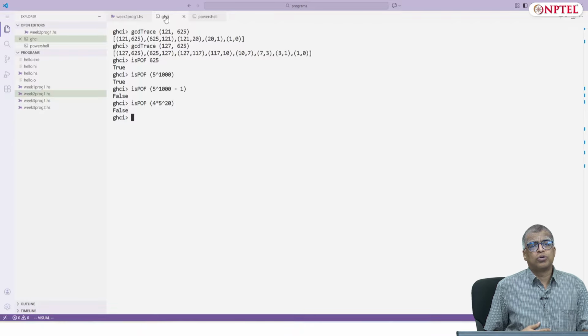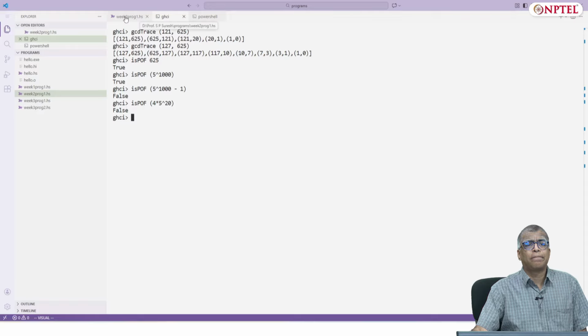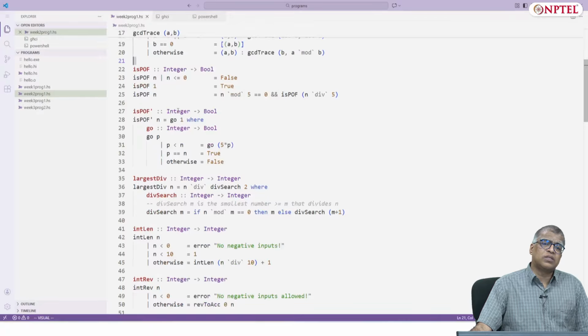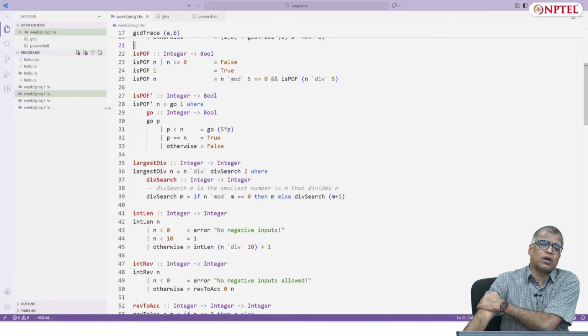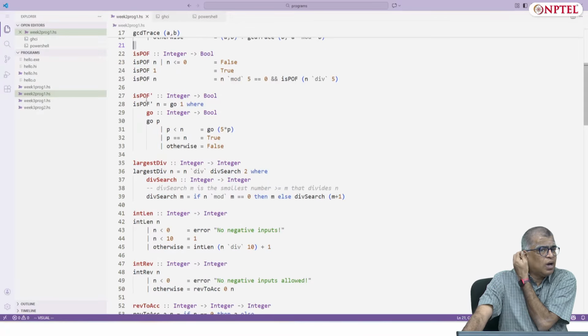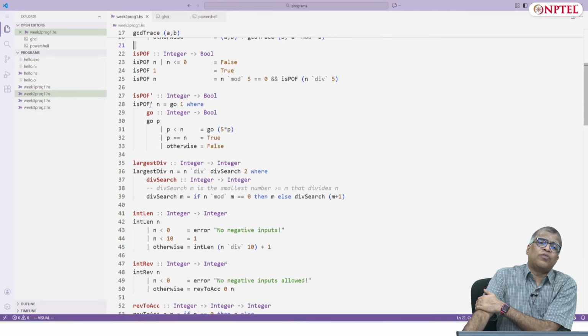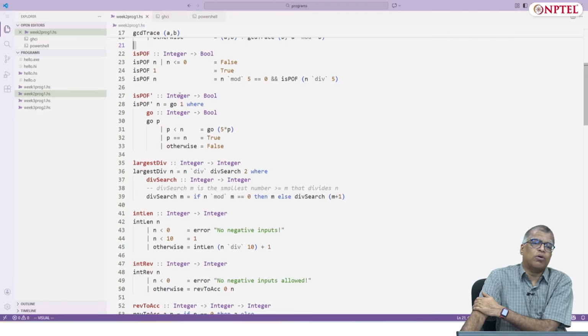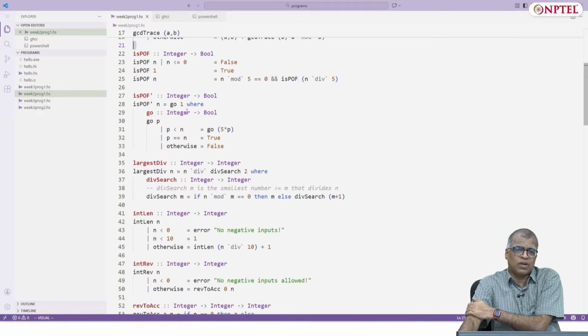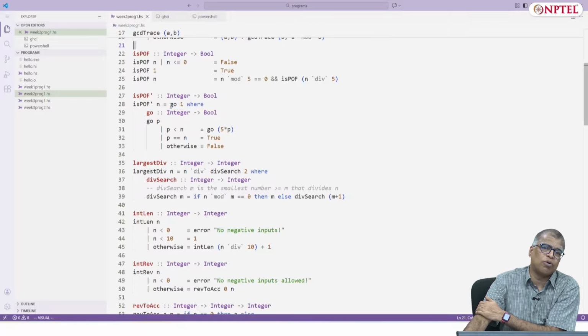Okay, so fine. So this is about power of 5, and here you see that this is the alternative version where we are checking whether here we define a function. Typically when you want to define a local function whose name you don't care about much and which is not visible outside this local scope, you just call it go. Okay, that's a very convenient Haskell convention that you call these functions go.